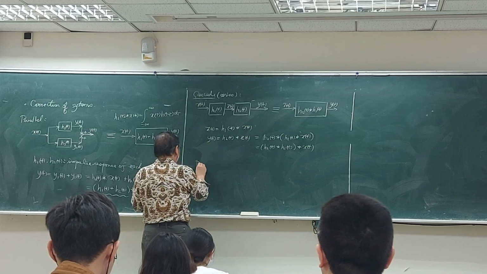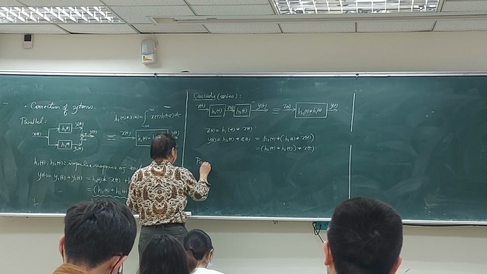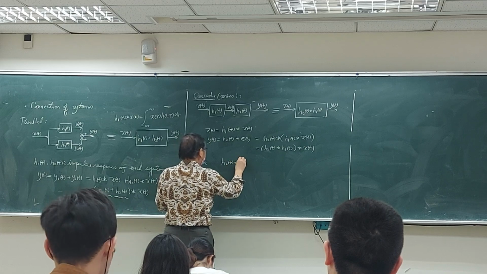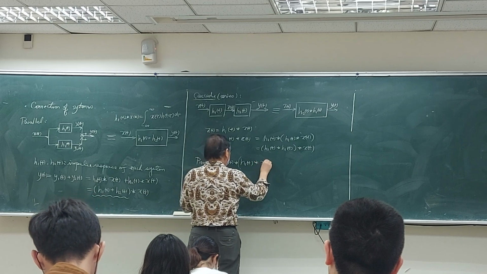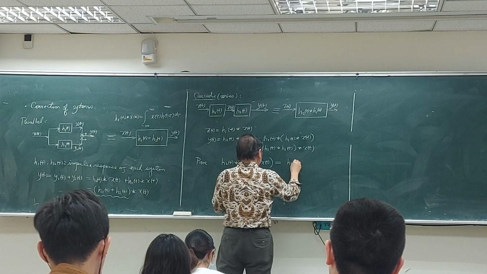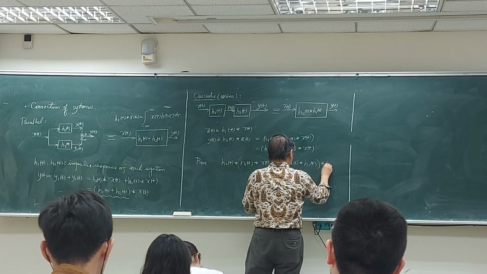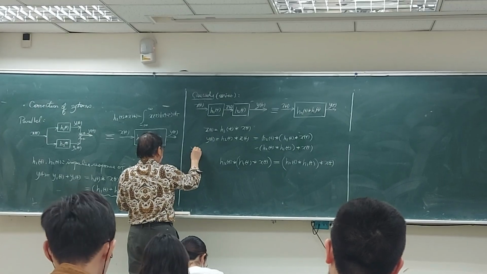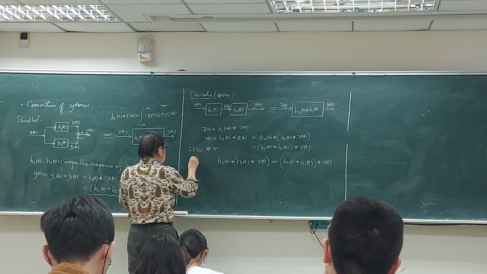Okay, so prove that H2 of t convolved with H1 of t convolved with x of t actually also equals H2 of t convolved with H1 of t and then convolved with x of t. Okay, so your homework assignment number 5, show that